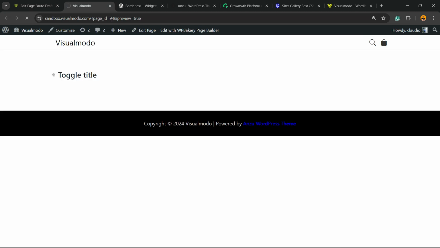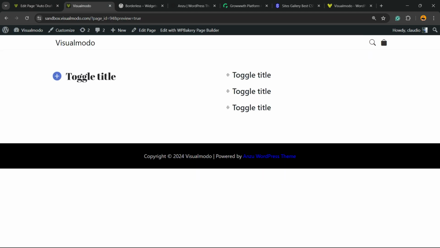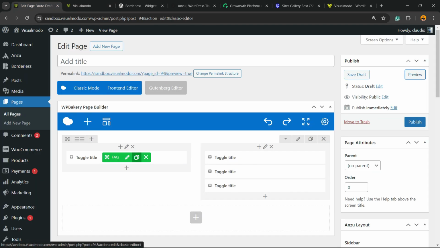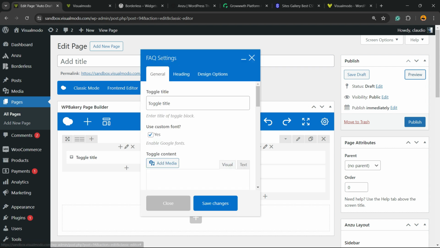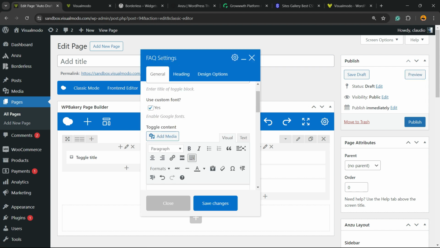Let's preview the results we got. And here is our toggle element. Nice, right? If you like the layout, we can keep editing. If not, and if you